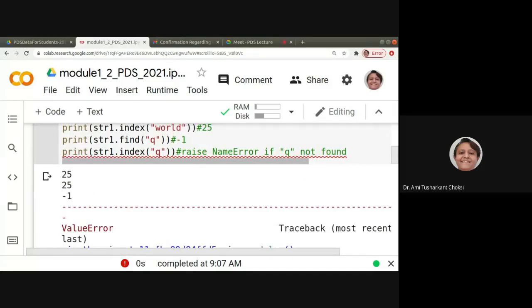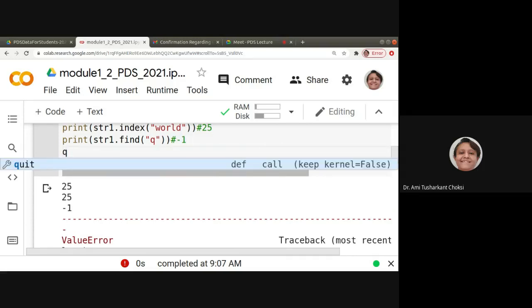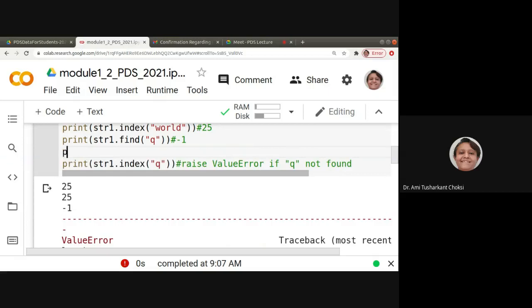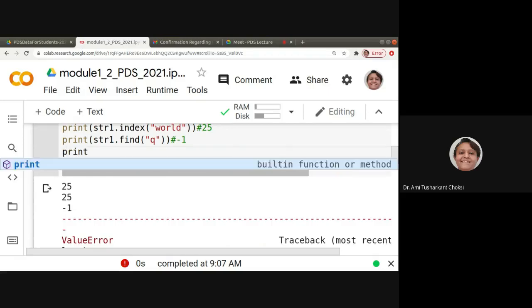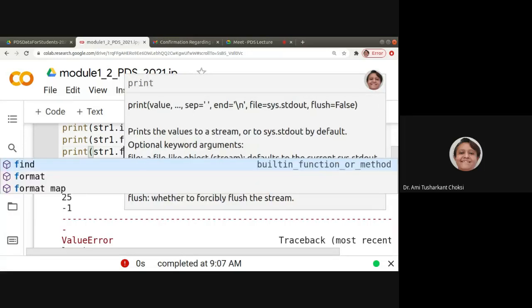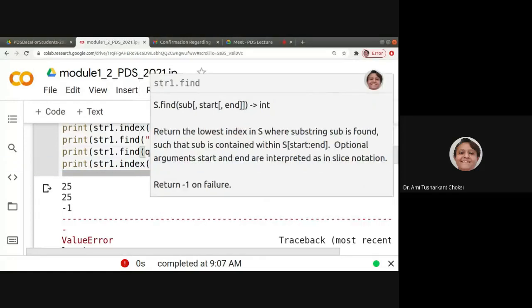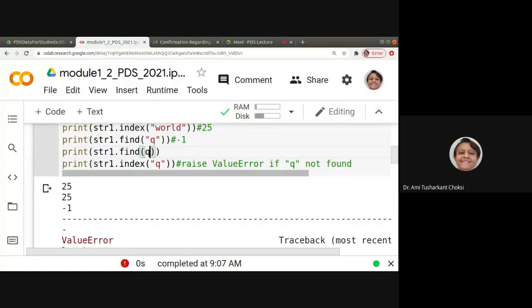Name error we have seen. This is value error. Name error is there when the name is not available. Like if the q variable we are using, print str1.find(q), we can try that way also.